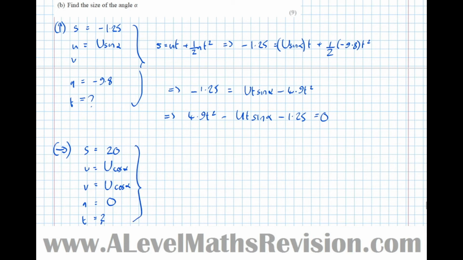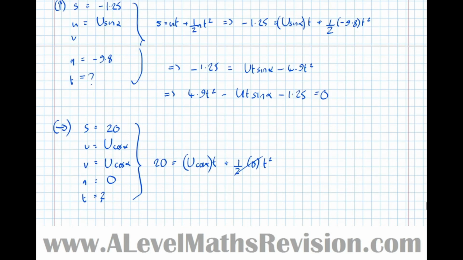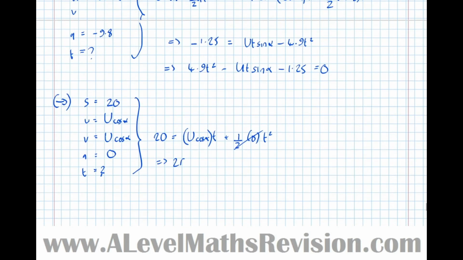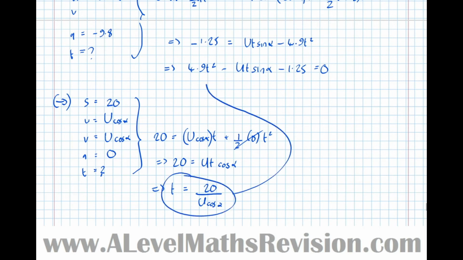So, again, s equals ut plus half at squared. So s equals ut plus a half a t squared, and that term disappears to get that 20 equals ut cos alpha. Which means that, and we can rearrange this to nicely say t equals 20 over u cos alpha, and now we can sub that into the other one,